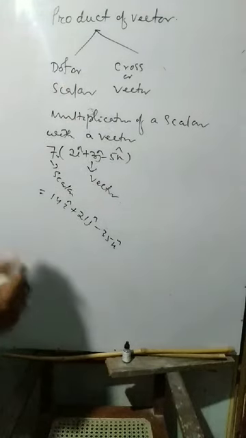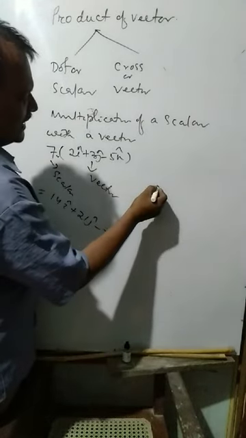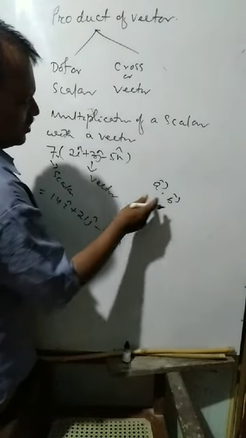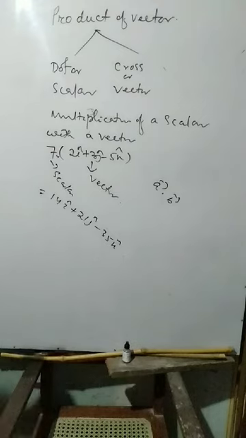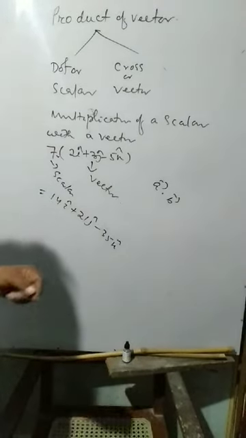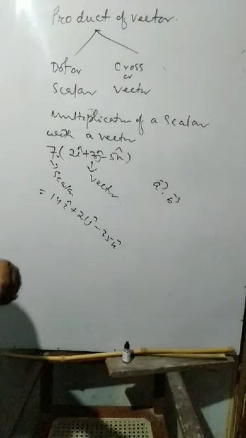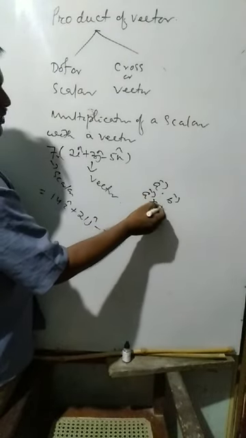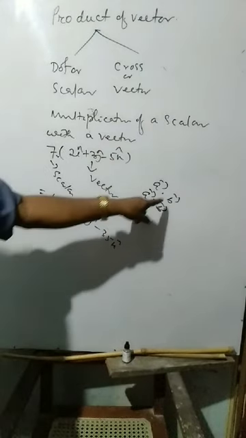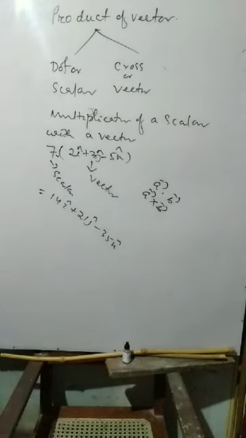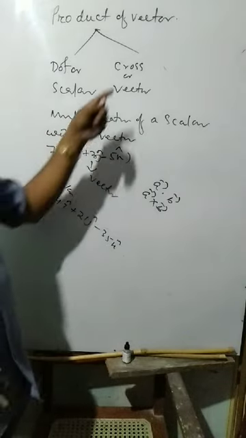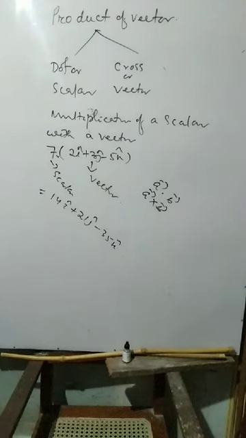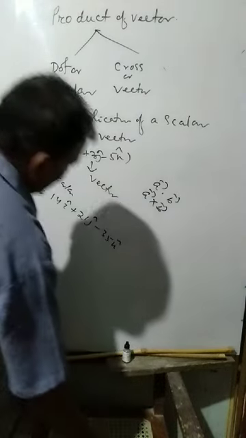But what is the dot and cross product? Now look at here. Suppose two vectors, a vector and another vector b vector. Here two vectors are multiplied, while earlier a scalar and a vector were multiplied. So it is either a dot product or a cross product. A cross can be represented by this one, a dot can be represented by this one. So why is a dot product said to be a scalar product, and why is a cross product said to be a vector product? Let us discuss very clearly one by one. Okay. So now look at it.